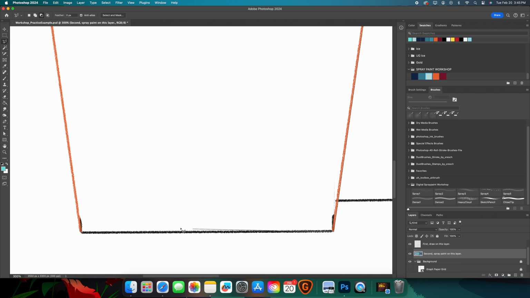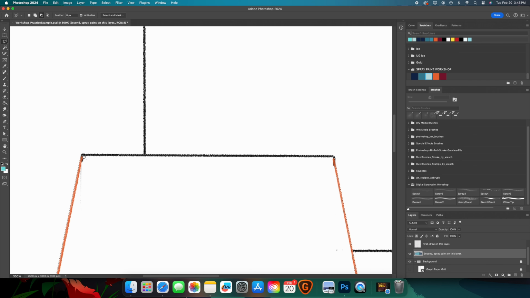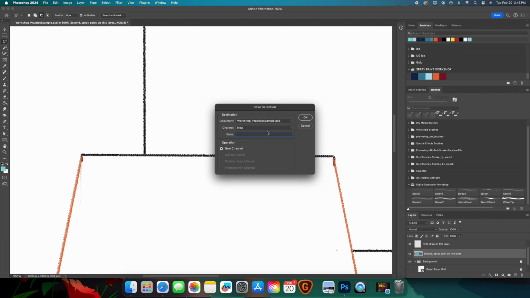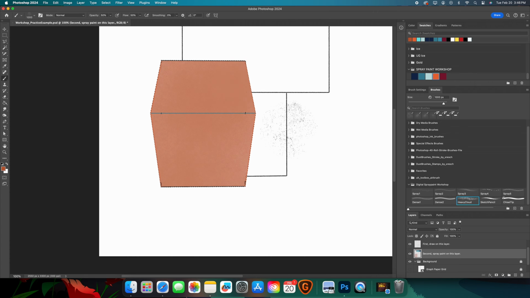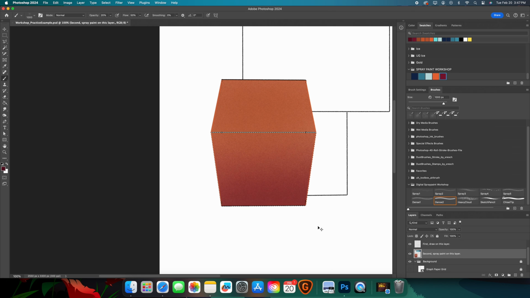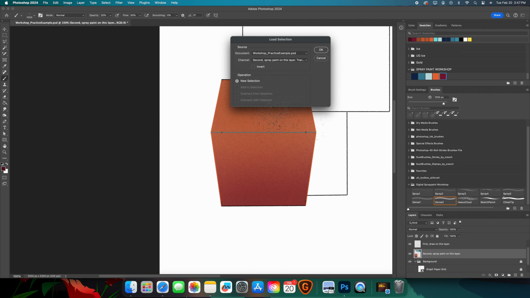I'm going to start by using the lasso to select my other shape here. And then I'm going to save this selection as well. I'm going to name it something recognizable. And then I'm going to go through the same process. I'm going to speed this up here just for time's sake. I'm going to use the midtone, and then I'm going to paint in a shade gradient using that darker red color. And then I'm going to load my selection,